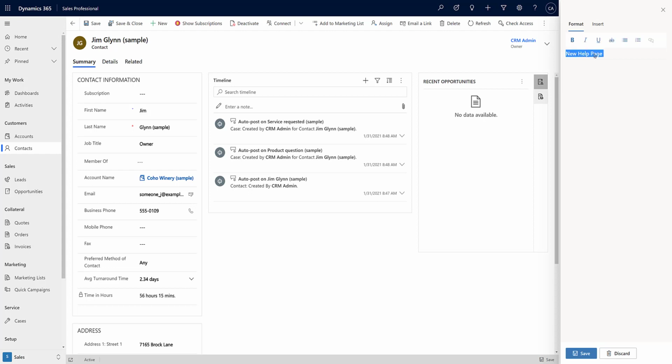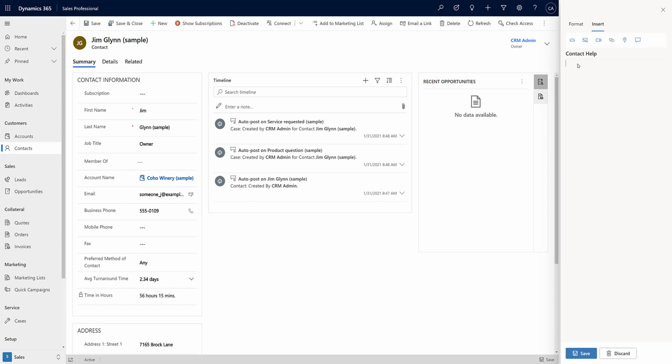The first thing you can do is give it a suitable title. Make sure you write on the title, it's a subtle gray line that you have to write on top of. So here I'll just write contact help and save it. Once I've saved, that's how it will look. Now let me go ahead and edit. You can save progress as you keep adding items to it.